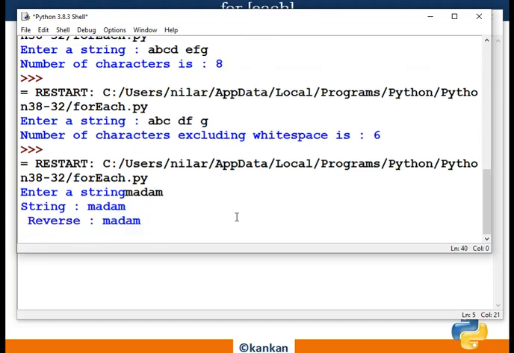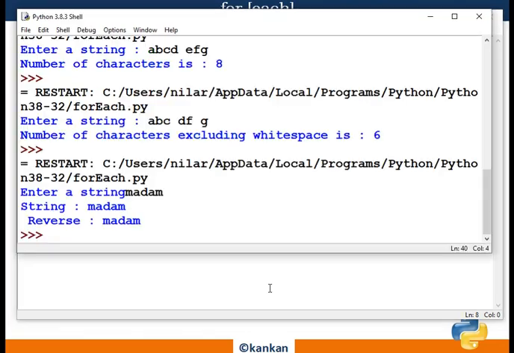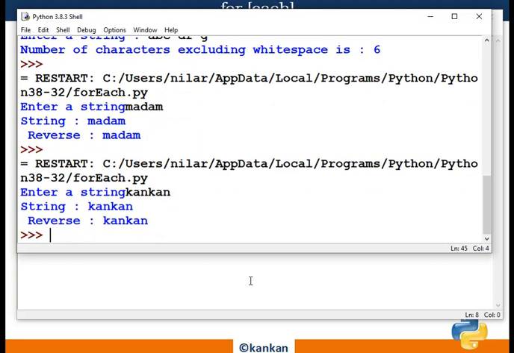Okay, the reverse is in medium, so it is not correct. Again I am executing this one. I have made another mistake. Okay, so this is not in reverse. Reverse will be nak nak.